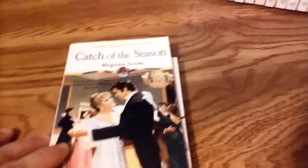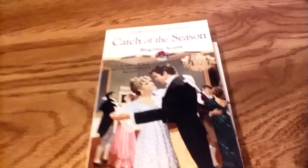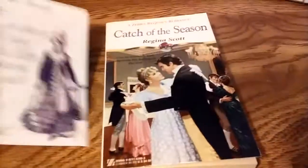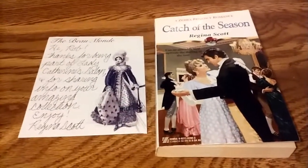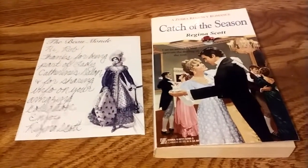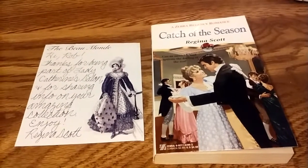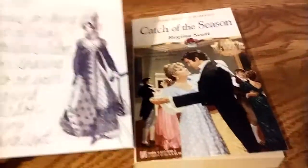And let's start first with this one, which was nice. Catch of the Season by Regina Scott, published by Zebra in 1999. It's part of their traditional Regency line. I actually won this on Facebook from Regina Scott. She was offering a prize if you participated in a thread about Zebra and Signet traditional Regencies from the 90s. She would randomly choose a poster in the thread to send them a copy of the book, this book, and